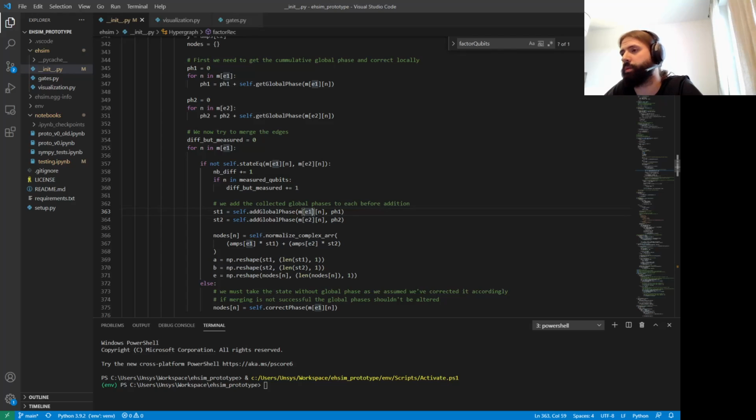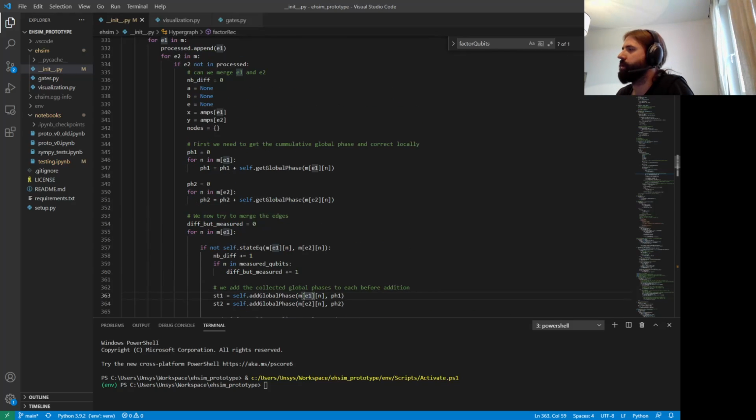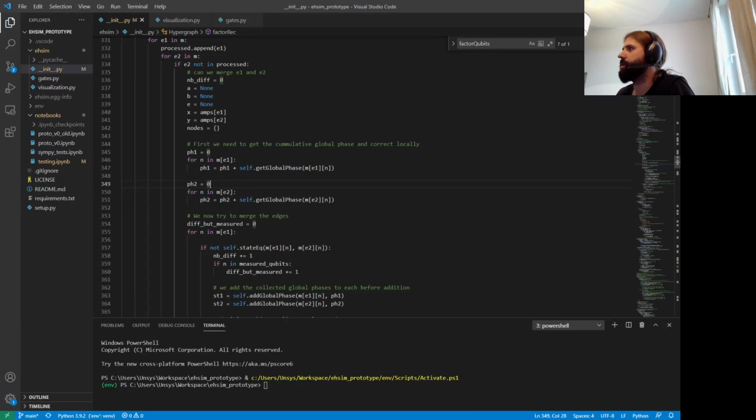I'm going to assume that if the symbol is different, then we have different qubit states. I can't break that down farther. So I do have to assume that if it's a symbol, if it's not a number,